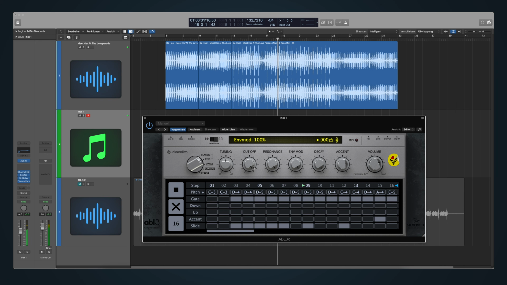Of course, you can also control the sound settings via controllers or automate them in the DAW.